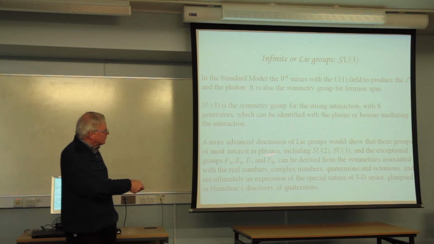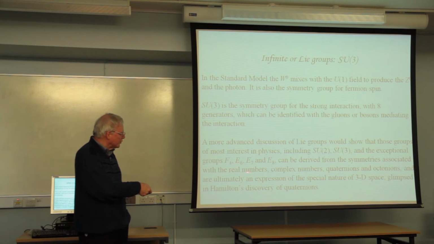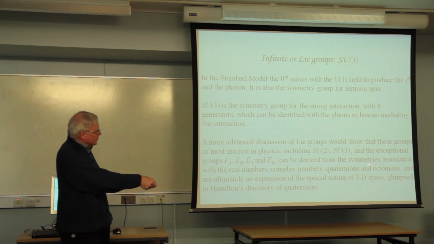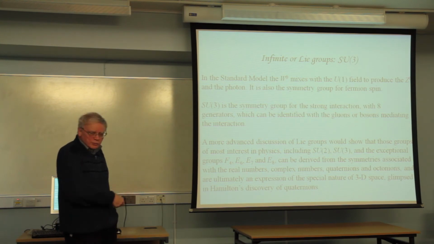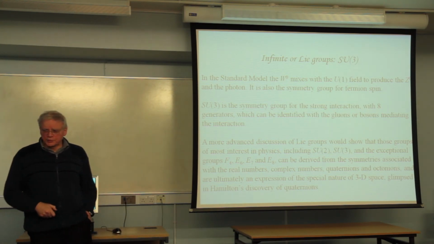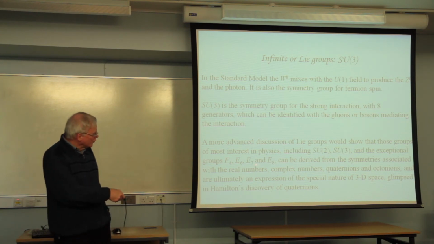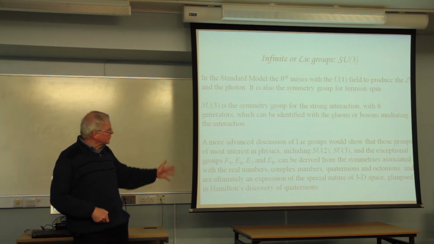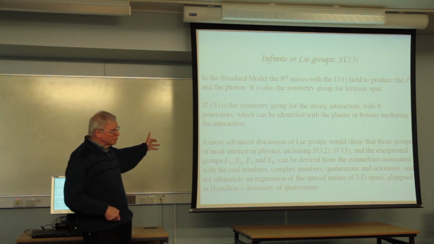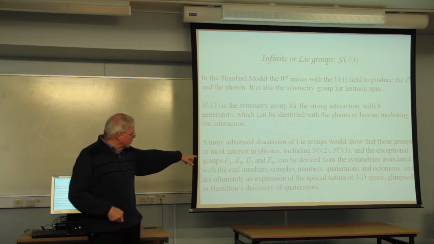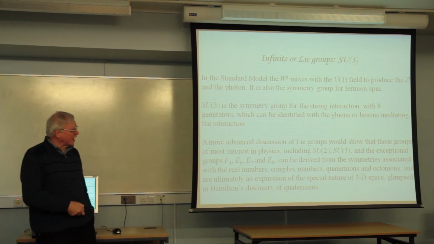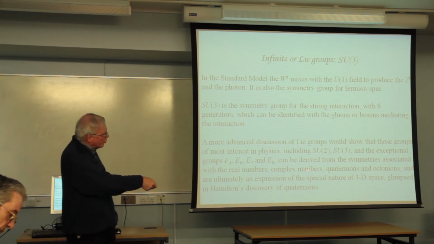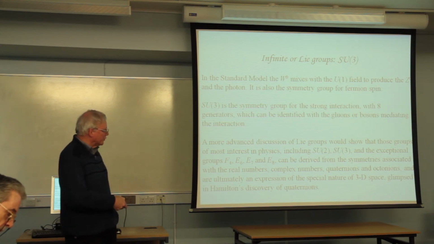All the groups involved in physics, in my view, can be derived. Well, I know that they can. All the groups of interest in physics are known to be derivable by the symmetry properties, the rotations and the like of the real numbers, complex numbers, quaternions and octonions. All the important groups in physics, SU1, SU2, SU3, U1, and even the bigger groups, F4, E6, E7 and E8, are all dependent on these fundamental algebras. They're all aspects of those algebras, and that's a well-known fact.